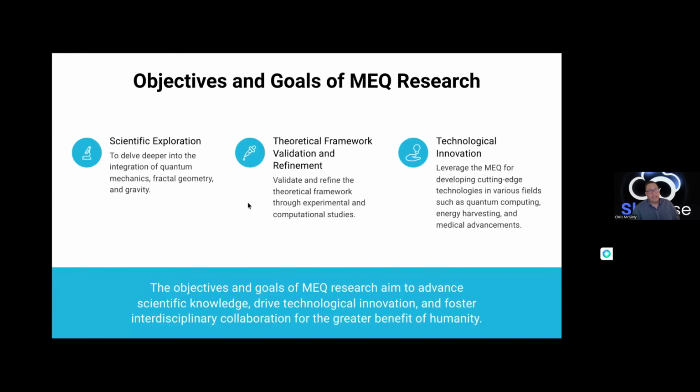The goal, again, is scientific exploration. We follow strict scientific guidelines. We use AI models that are highly, highly academically trained. We want to continue to validate and refine these models, and we're leveraging the equation for new technologies. And we're having AI do the math and tell us how, and validate it, and do some really amazing things.